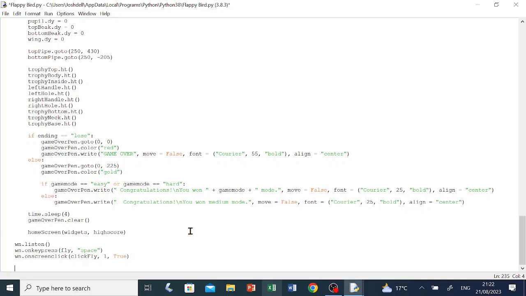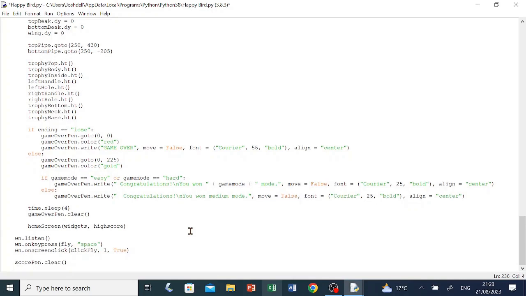Now, in case the score pen has written anything, we're going to clear the screen from everything that the score pen has written. Score capital P pen dot clear. Open brackets, close brackets, enter. Now we're going to write the score and the high score. Score capital P pen dot write,